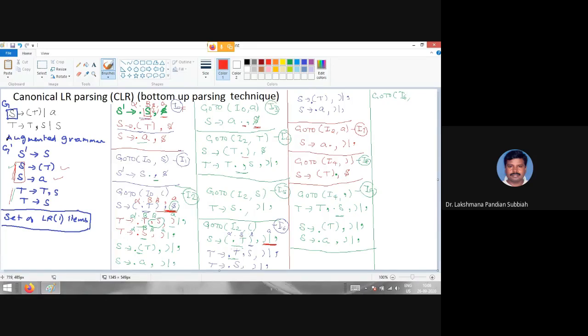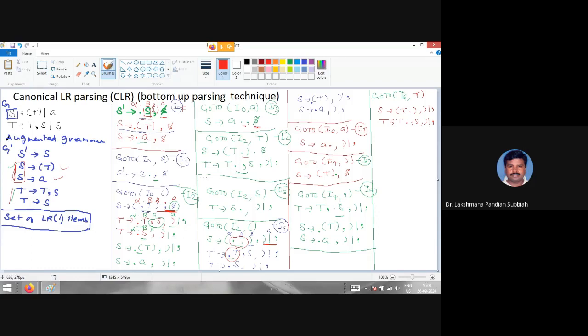So here now, after that we are having this one and this one. So you have to do that two as it is, I6 comma here T, I6 comma T, right? Here we are having S, there is open bracket D dot close bracket, then close or comma, then here we are having T, there is T dot comma yes, T dot comma yes, then here the lookahead is close and comma, right?